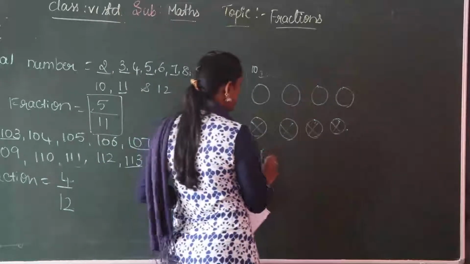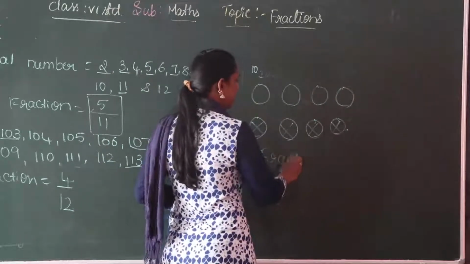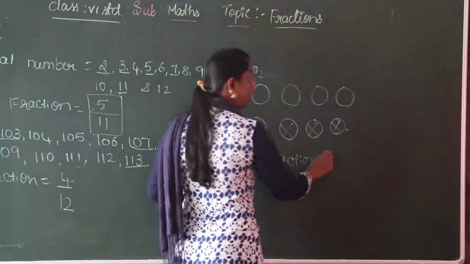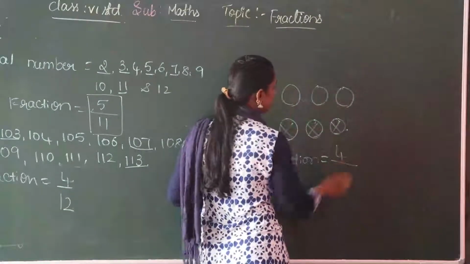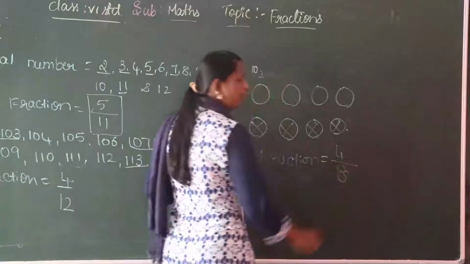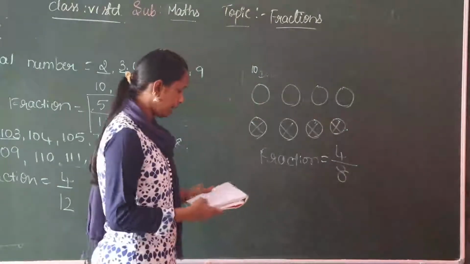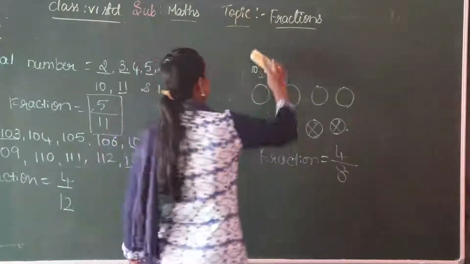Therefore the fraction is, the shaded part or the cross mark we can write in the numerator place, 4 by the total circles, which is 8. 4 by 8 is the fraction. Next,